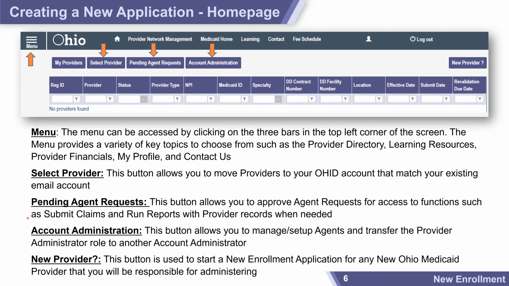Then there's also the account administration, but that's actually where you would go to set up agents. You can add their access levels in there, as well as transfer provider administrator roles to someone else that might need to be the admin. Maybe the initial admin is leaving the company. Maybe they're going on some sort of leave. So that is where you would go to actually switch that role to someone else